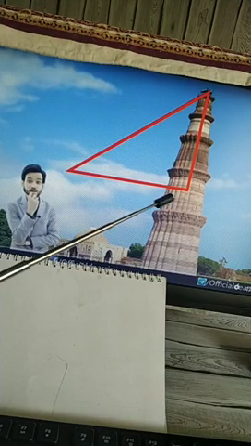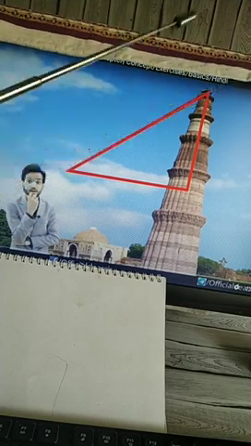So look at this person looking at Qutub Minar. You know where is Qutub Minar, right? Such a tall structure, and he is trying to guess the height of Qutub Minar. So look at how trigonometry will help him. He imagines this as a right angle triangle, and then he can find out the height from here to here, and the other way, the further part also he can find out the height.